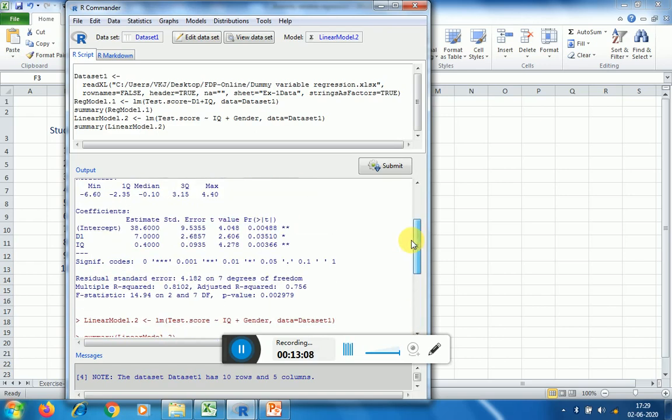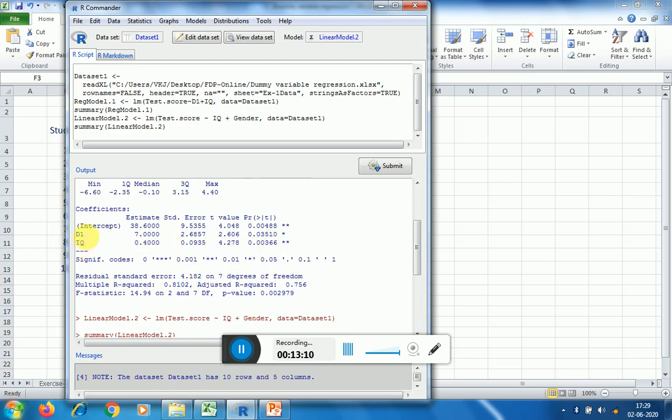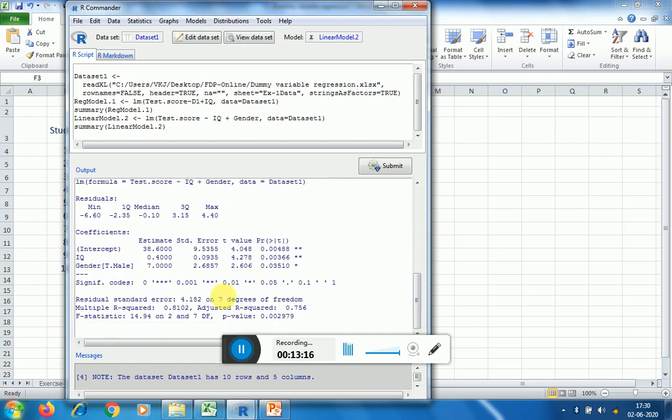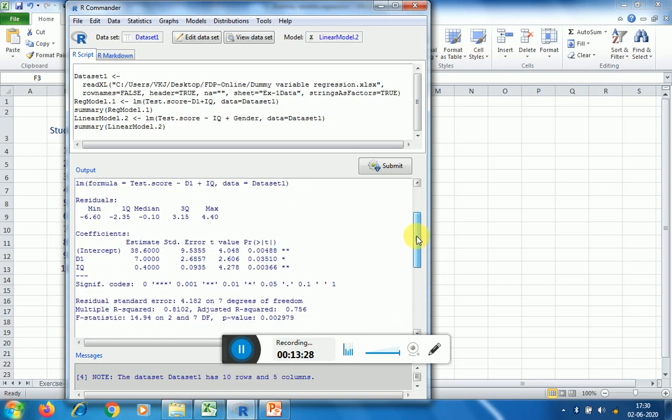The first value of coefficient was gender, but here we have taken gender as the second, so gender is appearing here with 0.03510, and corresponding to IQ the probability is 0.00366. So here also 0.00366.